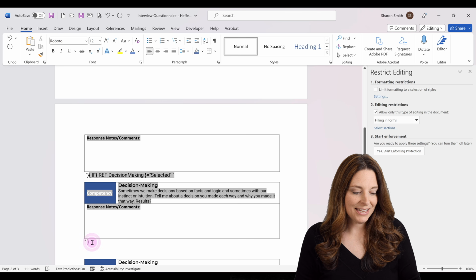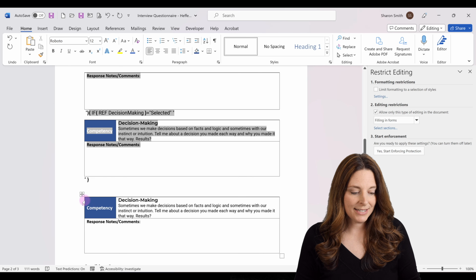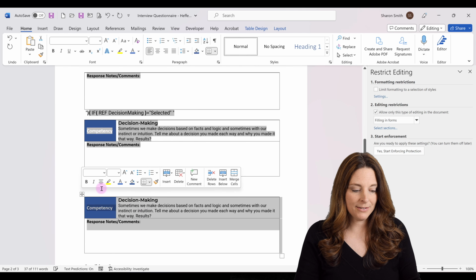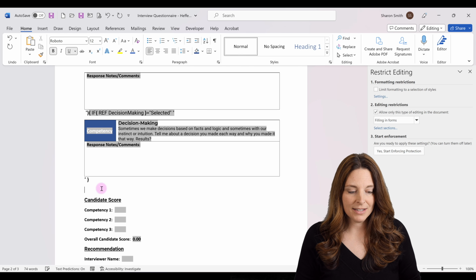Now we can delete this. We'll select it, hit backspace to delete, and let's come back up here